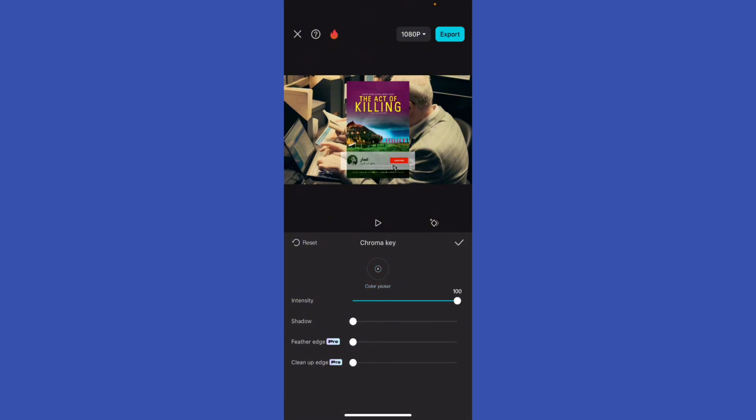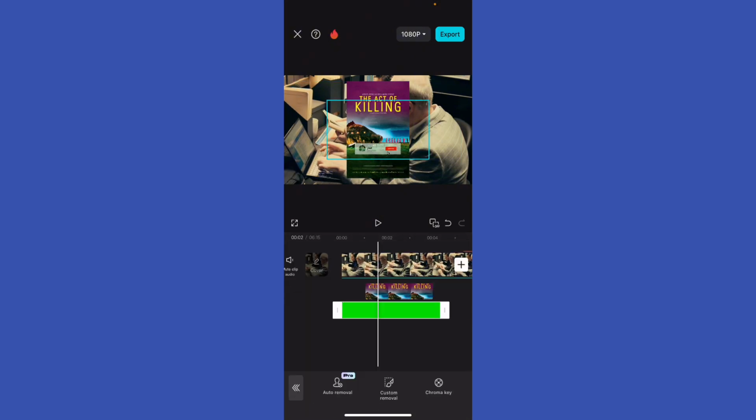Right? You can also make it invisible and add a shadow to it if you want to. You can add a feather, right? And then you can also make it, right? You can just, yeah, you can make it invisible like this. Hit the check mark right here, and you can add it at any part of this video where you're gonna